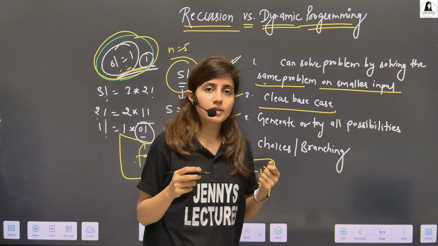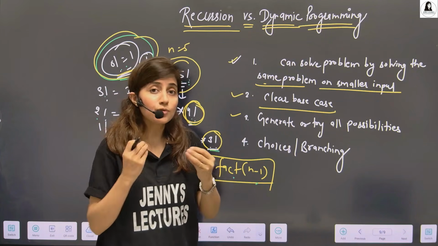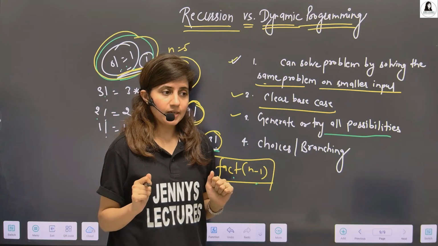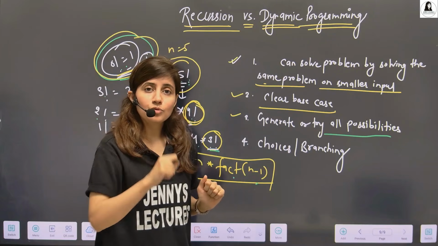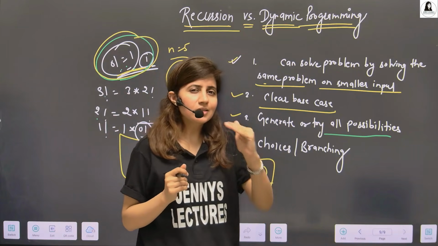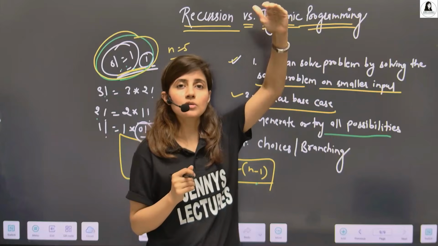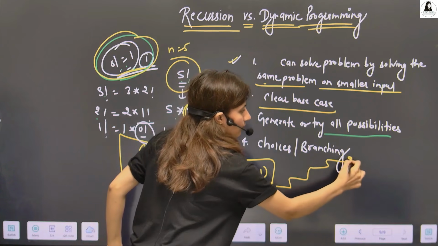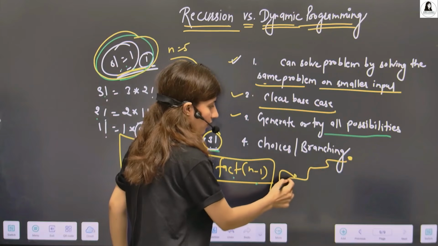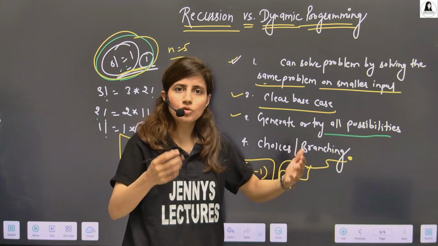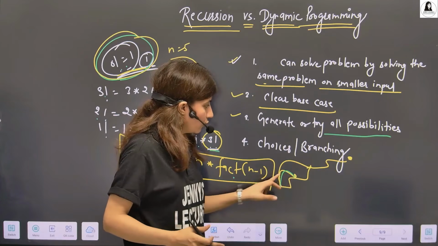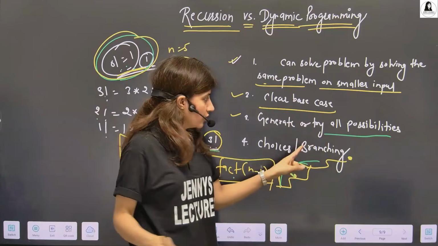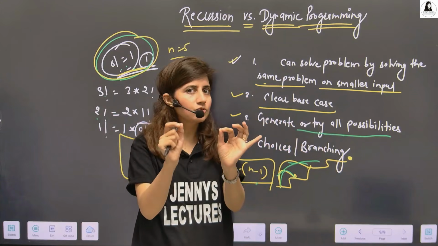The next sign is what? In the question, you are being asked to generate or try all possibilities. Like in climbing stairs, you were asked to tell the distinct ways to climb to the top. Means all the ways to climb from here to the top, where you can jump 1 and 2 steps. So that was recursion. You are supposed to find all the possibilities, all the ways. You have to count the number of ways. So if such a hint is given in the question, try recursion.